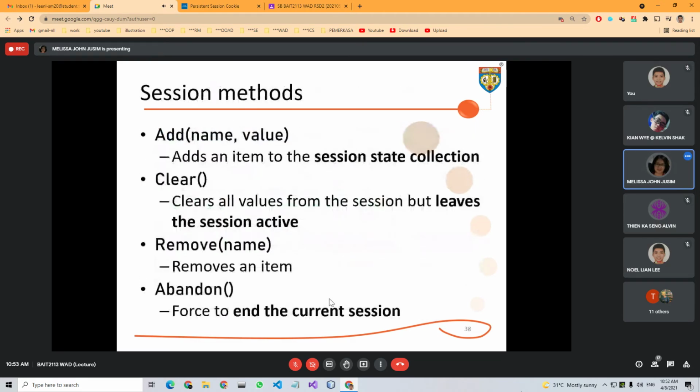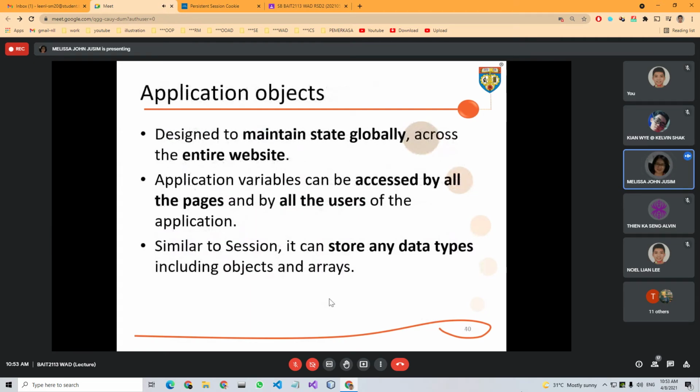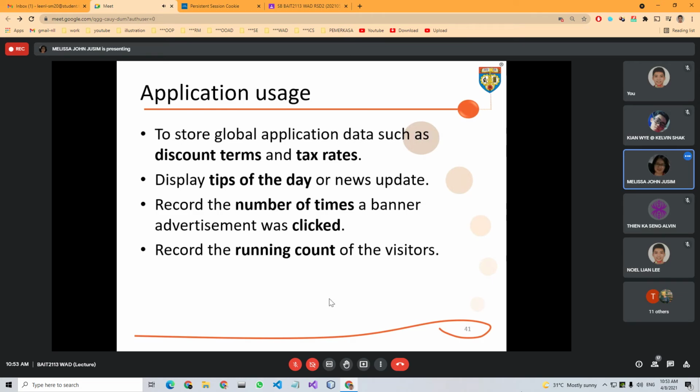Now we look at the application object. We use this when we want to maintain state or information globally across our entire website. It can be accessed by all the pages and also by all the users of the application. Similar to session, it can store any data type as well.